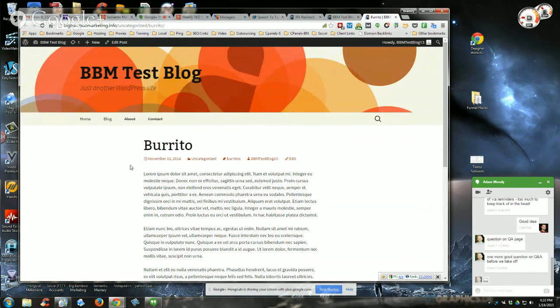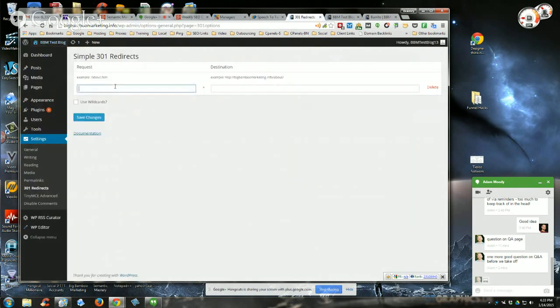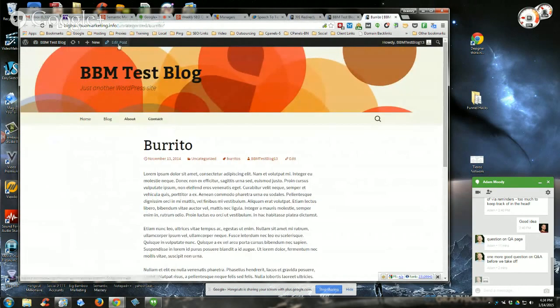Yeah, I totally think that you want to optimize your slugs as much as possible, which is basically your permalink, guys, in case any of you are getting confused on that terminology. But let's say that I just wanted to rename this burrito post, or burritos are good. Then what I would do is take anything after the root, which includes the first /, copy that, come back over here and paste that here, and then paste the new full URL that I created. So if I went in here and went into edit post,